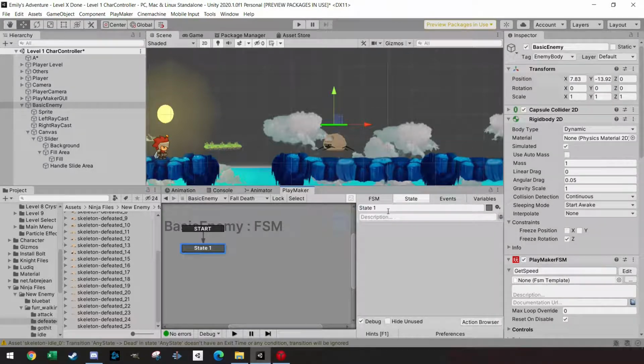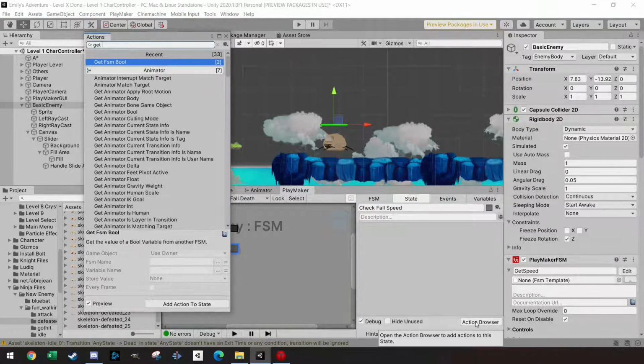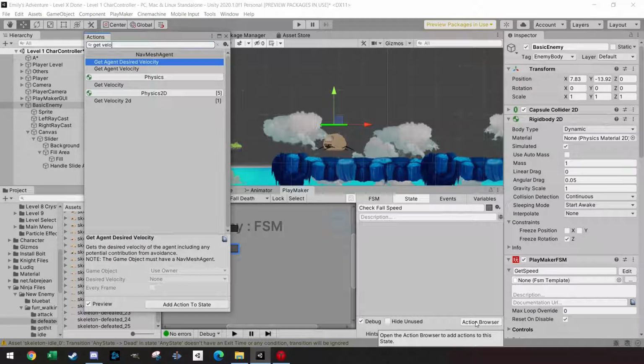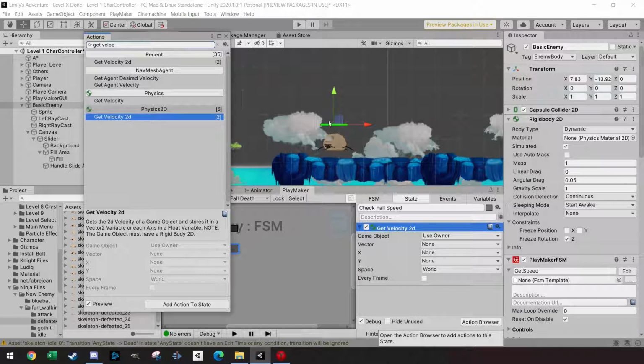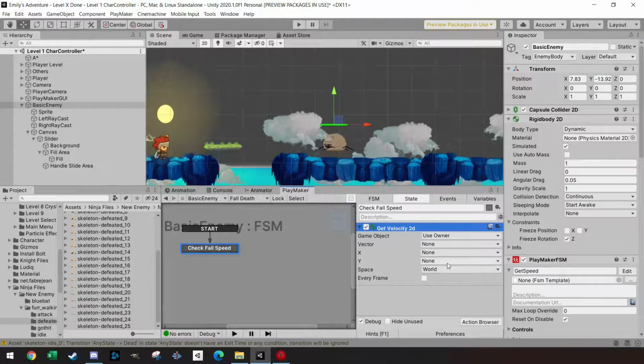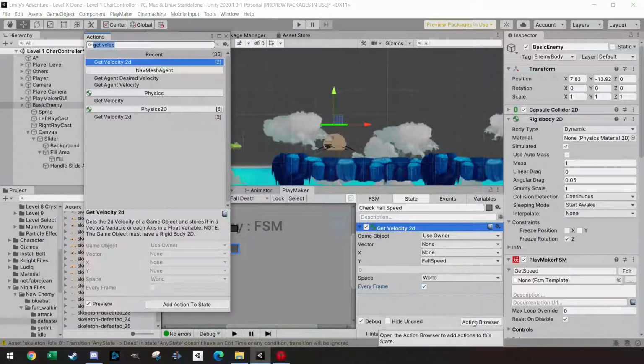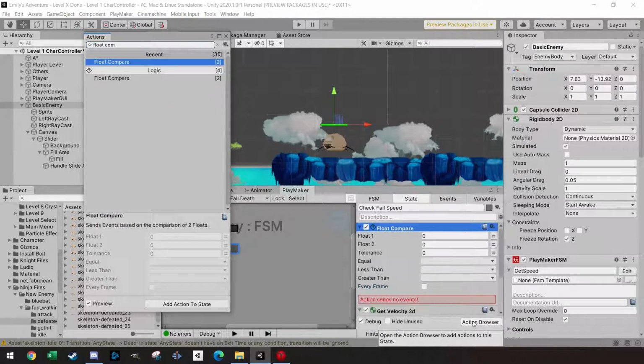What I'm going to do is check fall speed, and I'm just going to get velocity 2D, and I'm just going to make a new variable here, and I'm going to call it fall speed, and I'm going to do it every frame. It's in the world space, and I'm going to do float compare,